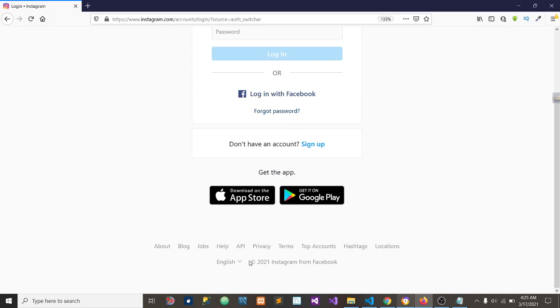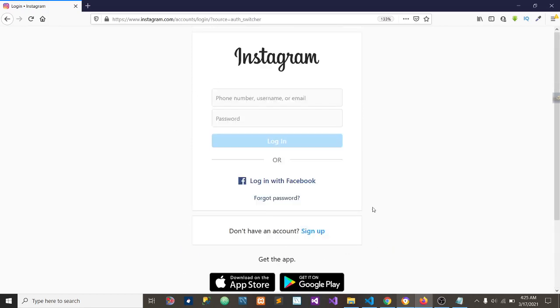Then the copyright section, I mean copyright symbol 2021 Instagram from Facebook. So this is what we have to design like this. So we will design section by section so that it will be easier for us to design. So let's do it. So first of all, we will design this